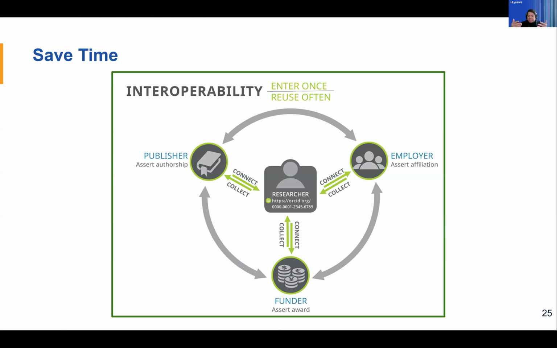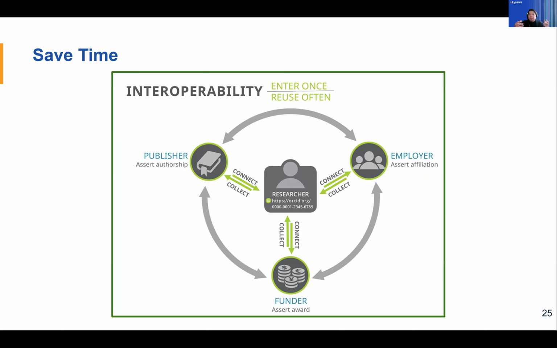They are able to pull information from your ORCID record to fill out forms, for example, to fill out a grant application, or the publishing information they need when you're submitting manuscripts.